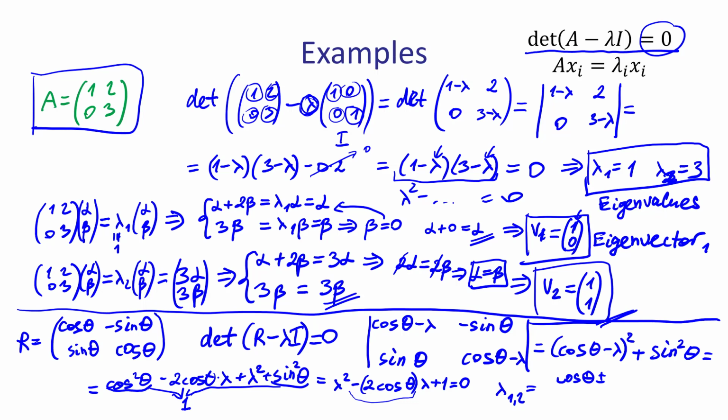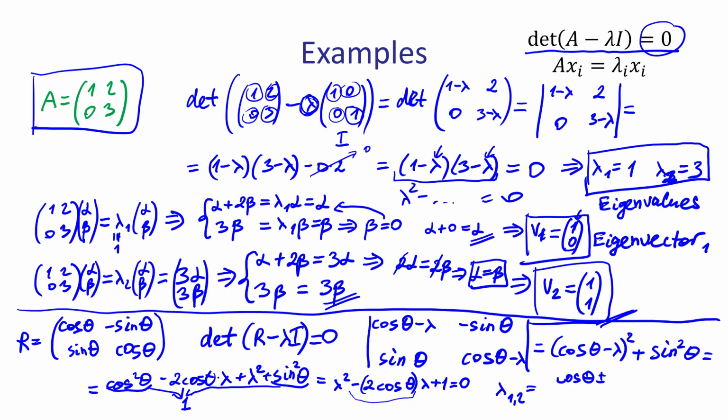So b squared inside will be 4 cosine squared theta minus 4. So this is how you compute it. Now pay attention that this 4 and this 4 can get out as 2 out of the determinant. So you can remove it from here, you can remove it from here, and you'll have 2 here, 1 multiplied